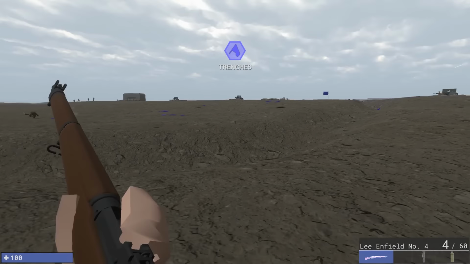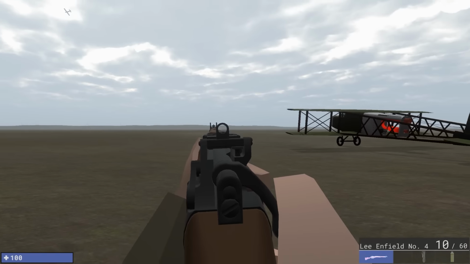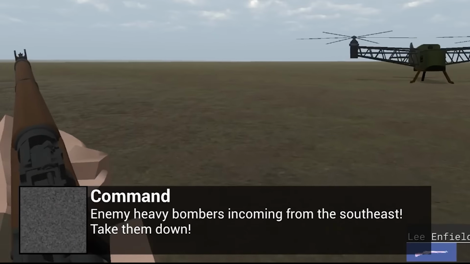Yeah! Oh, there they are. So when the heavy bombers get here, oh, wait a minute. This is a light bomber? What's a heavy bomber gonna be like? Enemy heavy bombers incoming from the southeast? I'm gonna fly this thing. I mean, I've been able to hit pretty interesting targets. I mean, if they're big, then...